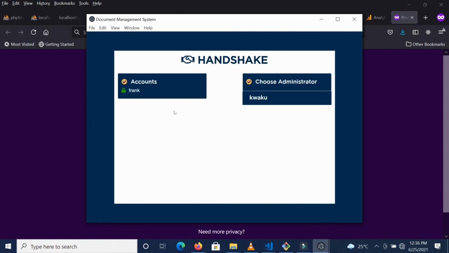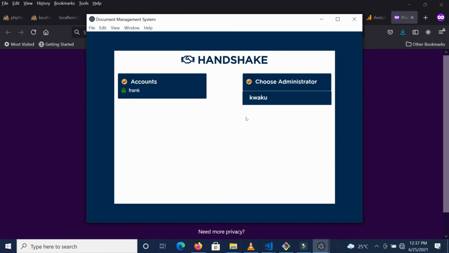And what the Handshake does is, if let's say Frank has already created folders and subfolders and has created users, and these users have uploaded documents onto the platform, once you transfer this account from Frank to Kweku, Kweku is going to inherit all the folders of what Frank